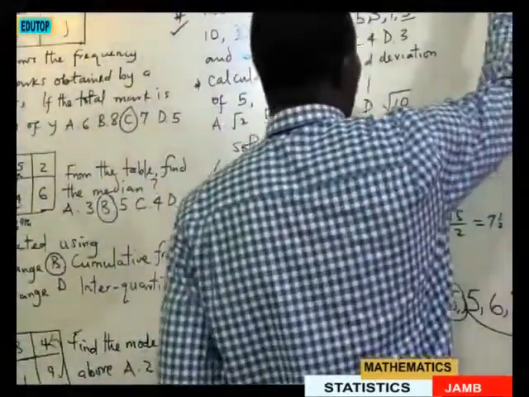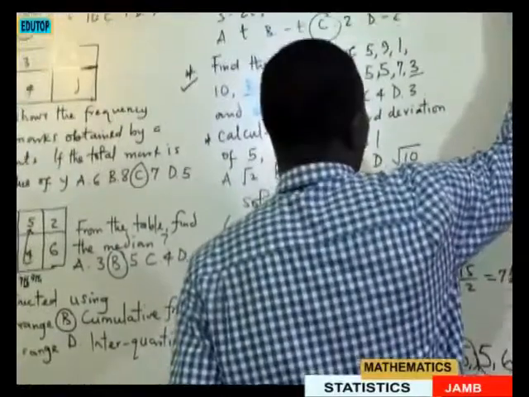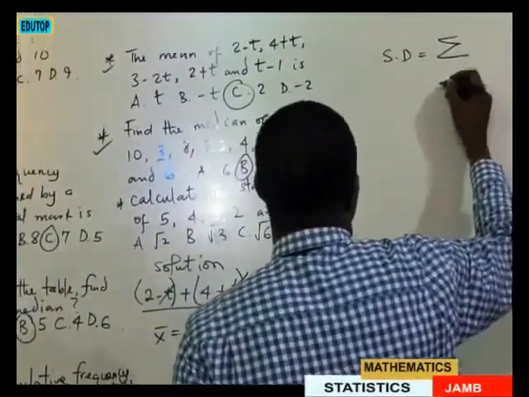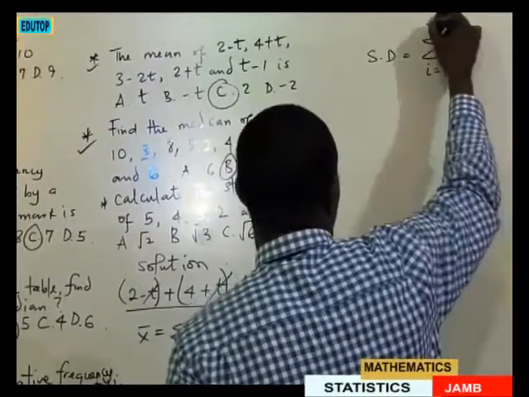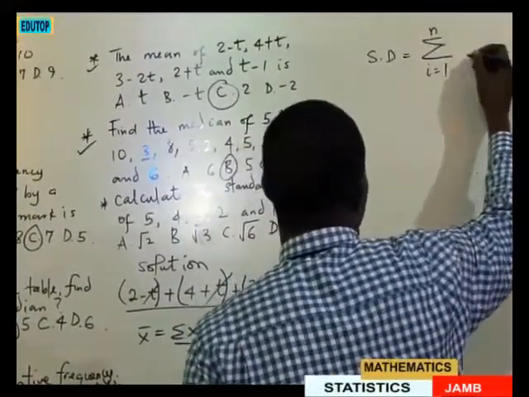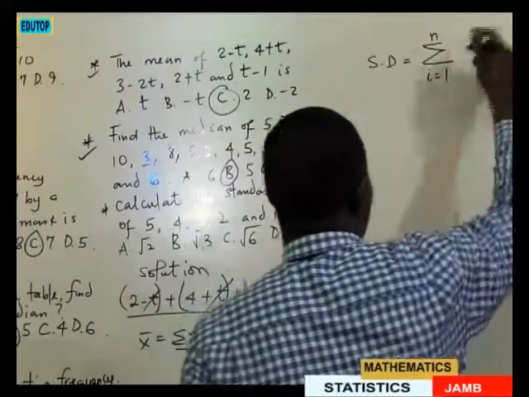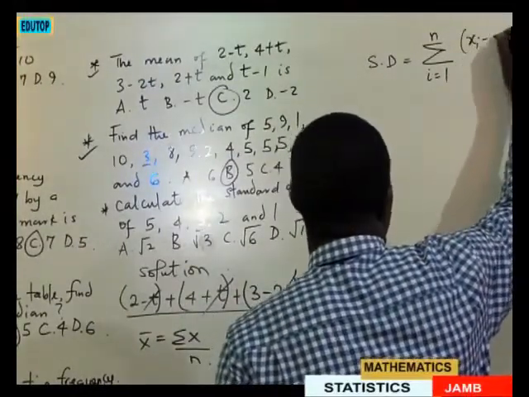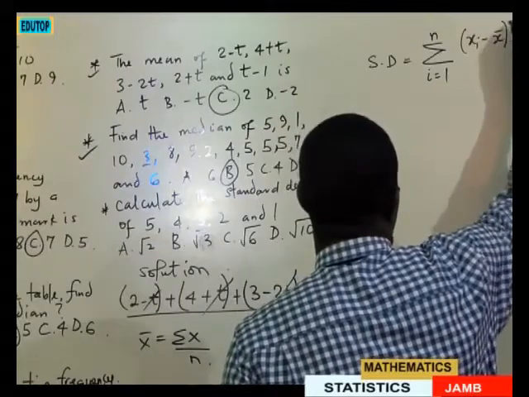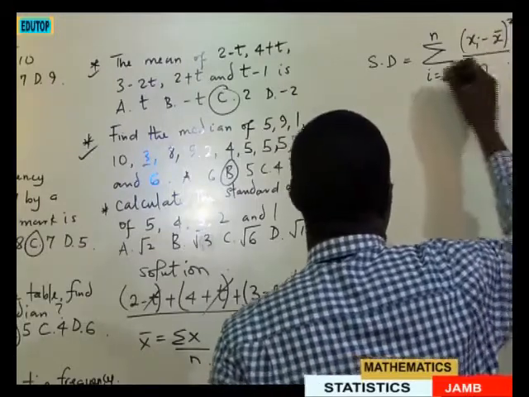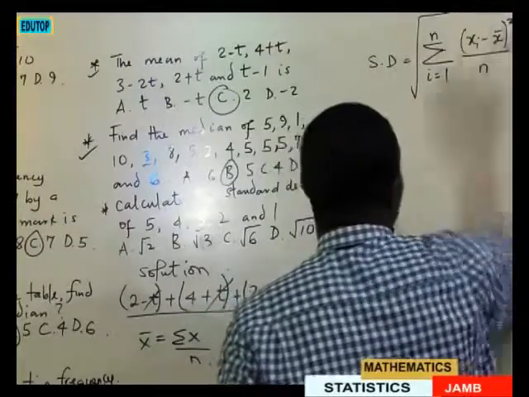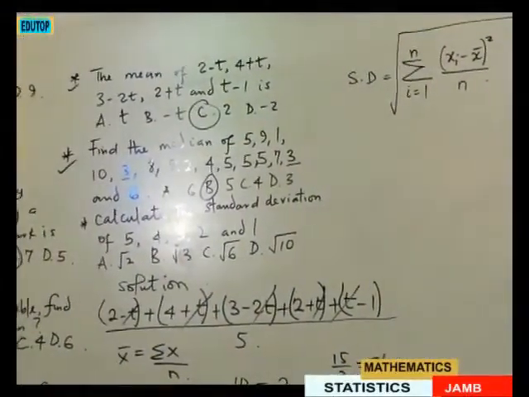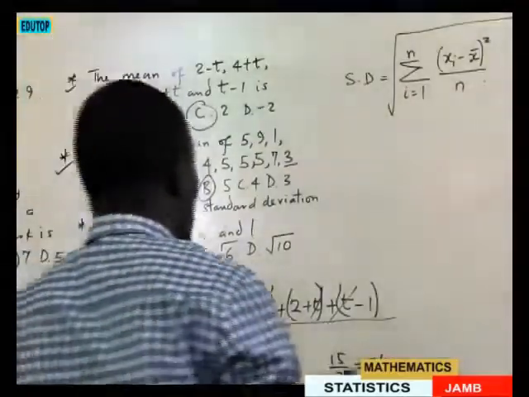And the formula for that, because we need to recall it anytime, is the summation of i from 1 to n, then since it's ungrouped data, it will be xi minus x bar all squared, divided by n, square root. Remember, that is for standard deviation. So what it means is that we are going to compute our